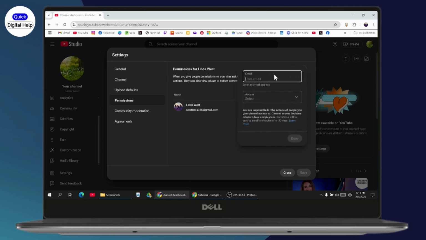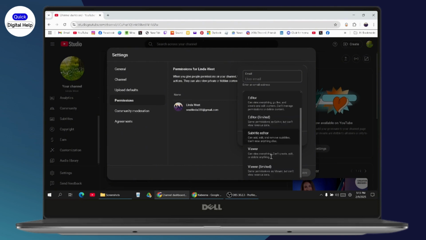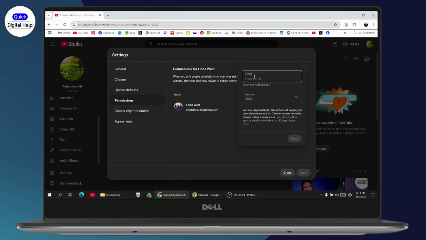And here, you can enter the email address and the access. You can go with Editor, or Manager, or Editor Limited, Subtitle Editor, Viewer, or Viewer Limited. So you just need to simply enter the email address and the access, and then go with Done. And after that, the other person or the other account will receive an email to accept the invitation. And once you've accepted the invitation, then you'll be able to transfer your YouTube channel to your other Google account,